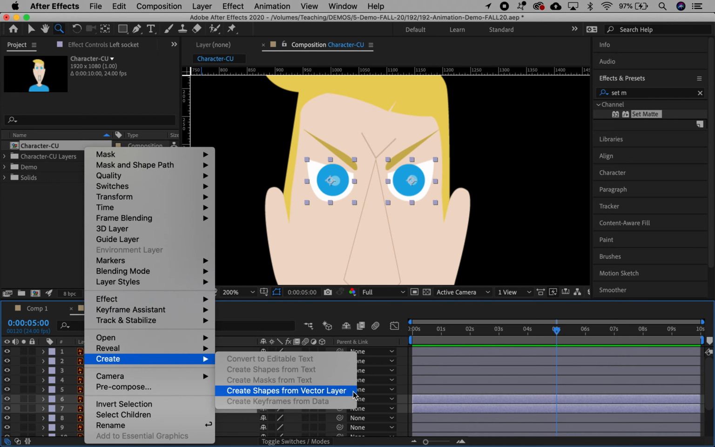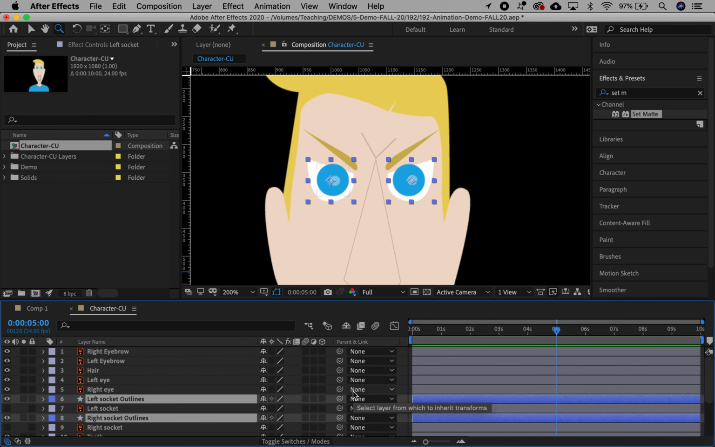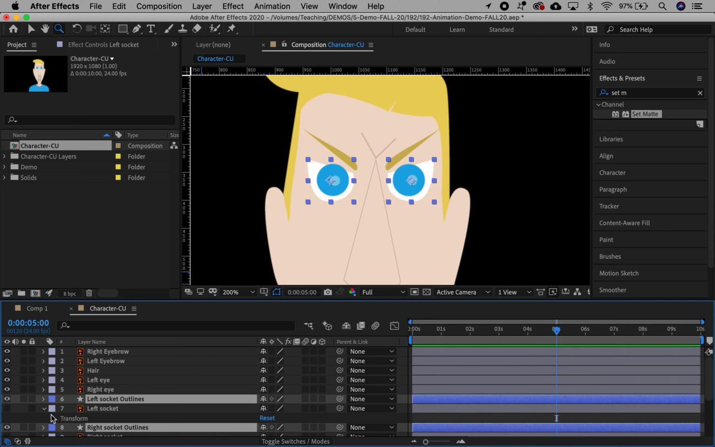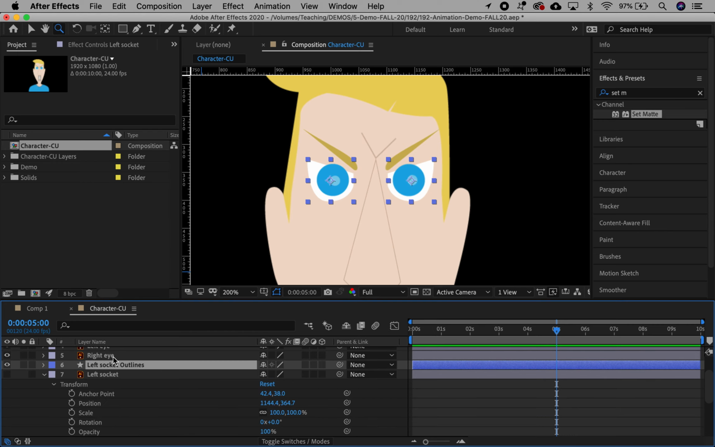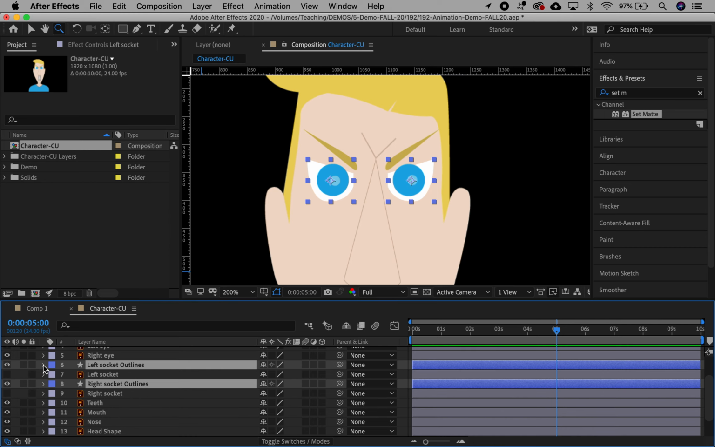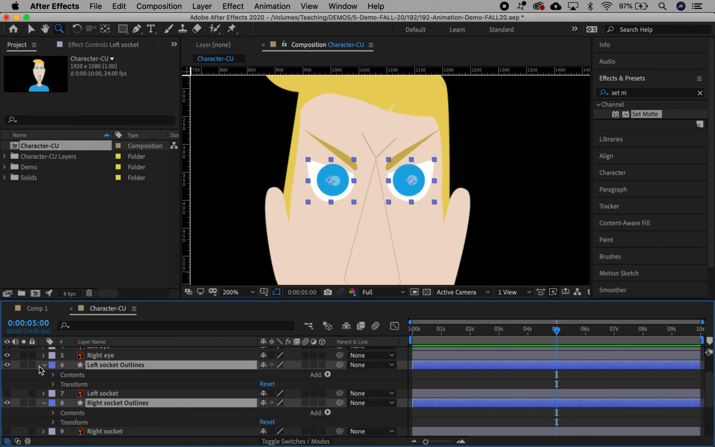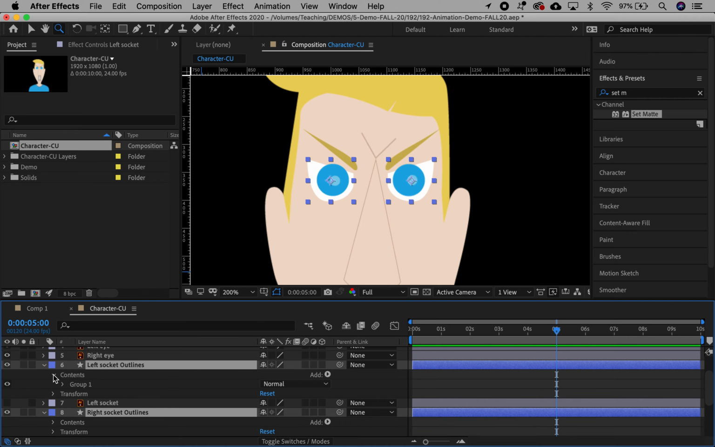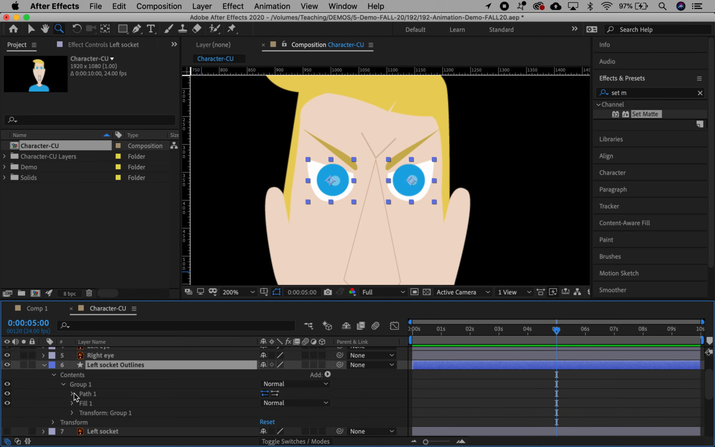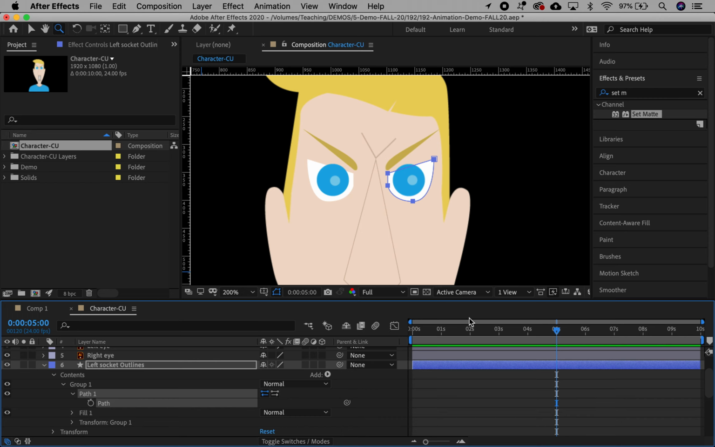I'm going to select create and create shapes from vector layer. So now what happens is that it's still here, right and left socket are still there, but I've got an outlines here. So unlike this layer, if I look at this, I just got a transform menu on here. I can't really do much with that socket layer. But when I have it changed to an outline layer, I have a contents menu and I have a group, which is this path. So now, at 5 seconds,